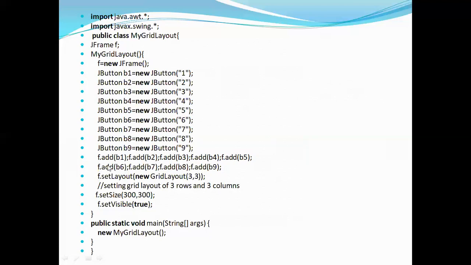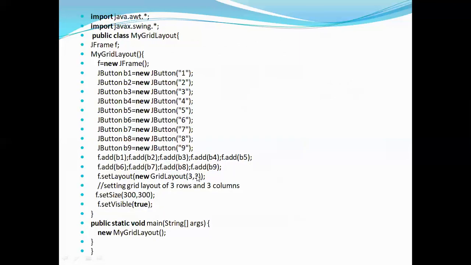Now all these 9 buttons should be added to the frame. For that I'm using the method called add. So add B1 to frame, add B2 to frame. Likewise, I've added all the 9 buttons to the frame. Then I'm setting the layout of my frame as set layout, new grid layout, where you have to mention the dimensions, meaning how many rows and how many columns. We have seen that it is 3 by 3. You can mention any dimension here. So f dot set layout, that is the frame's layout, is set as new grid layout 3 by 3.